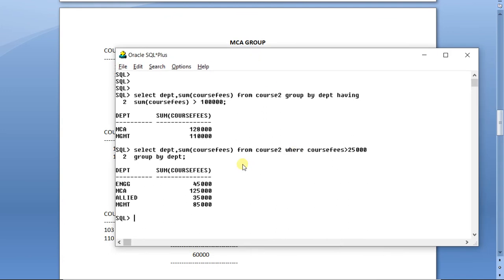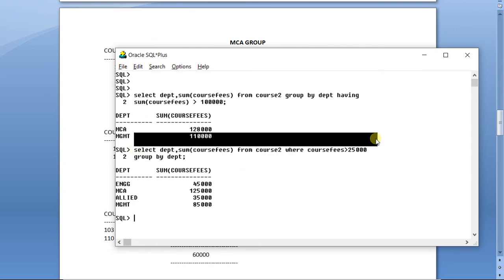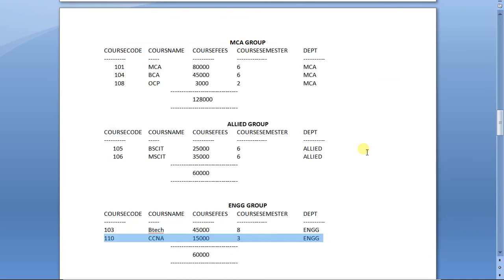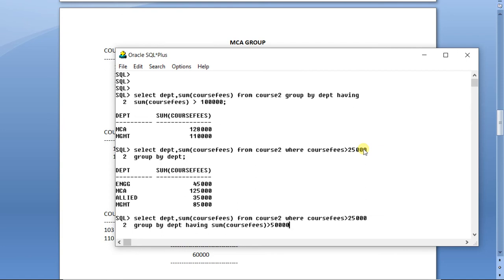Now let us use both where as well as having. Suppose you type something like this: group by department having sum of course fees greater than, say, 50,000.